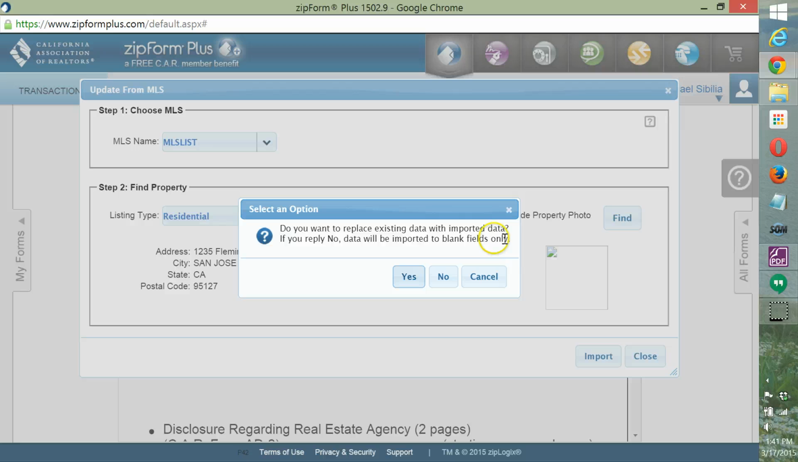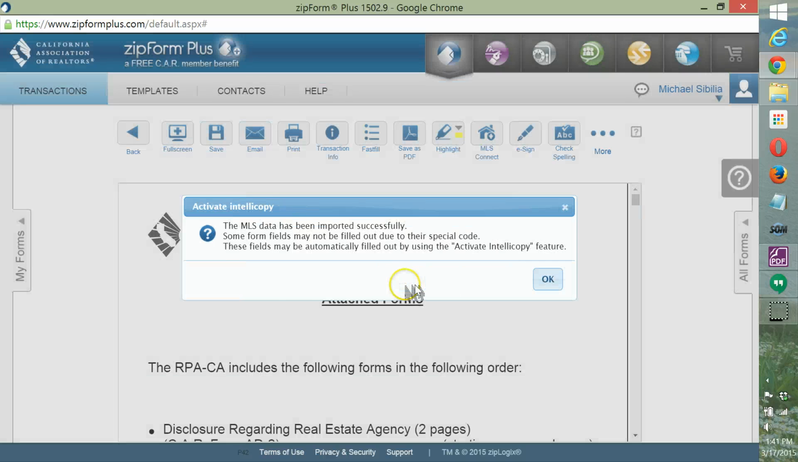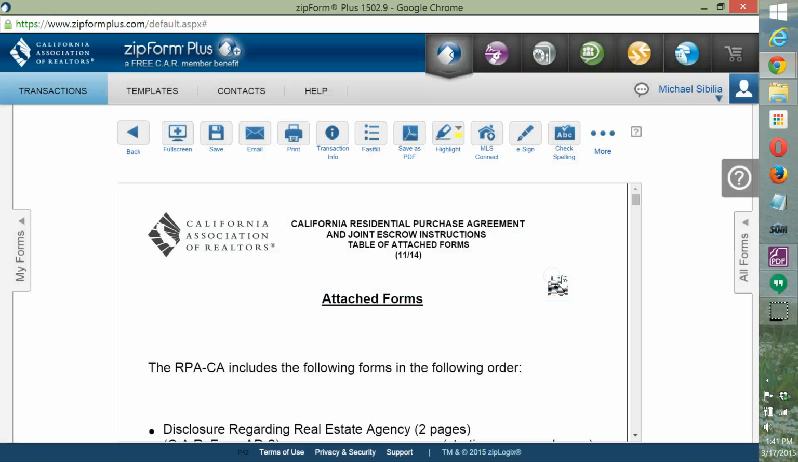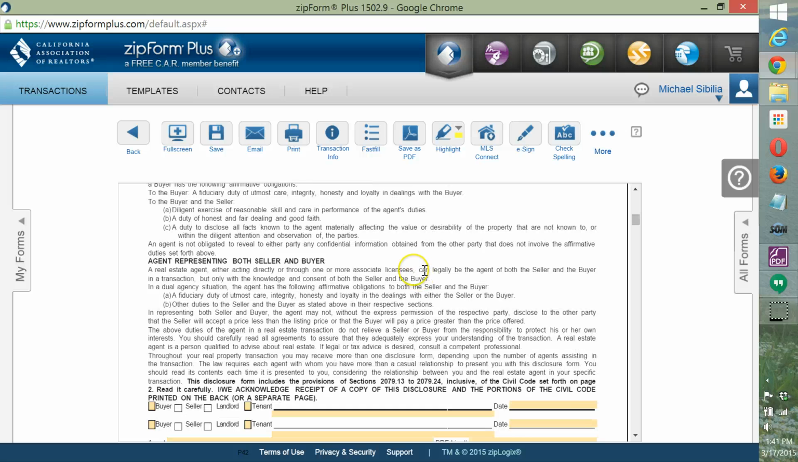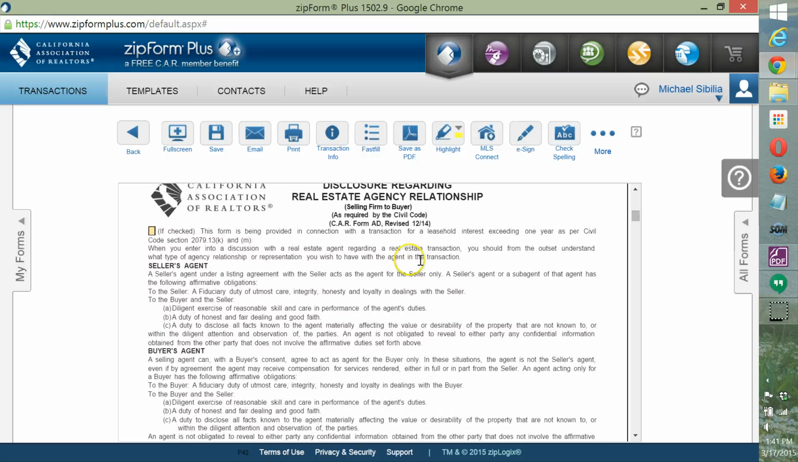Do you want to replace the answer to this question is yes, right? Do you want to replace? I haven't put in any existing data. Now it says it's been imported successfully. Some form fields may not be filled out due to their special code. These fields may be automatically filled out by the Activate IntelliCopy feature, which I'm not too sure what that is, right? But it's the first time I ever looked at that. So